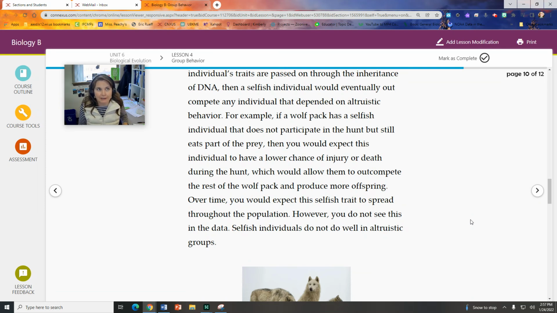So altruistic behavior in nature isn't necessarily truly altruistic. It still has kind of a selfish means to it as well, right? It still benefits that individual, whether it benefits them personally or it benefits the ability for them to pass on their genes to the next generation. But that is how it can still happen in nature, even though you might think it's counterintuitive to evolution by means of natural selection. So that is pretty much it for this lesson,